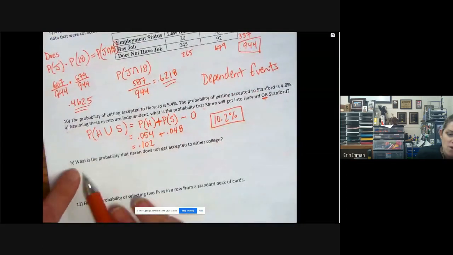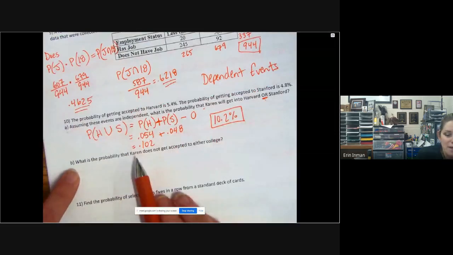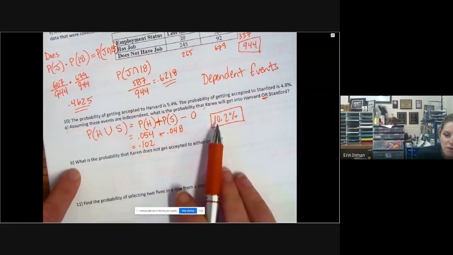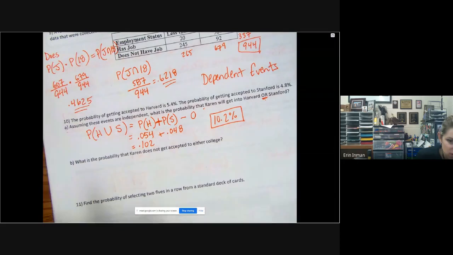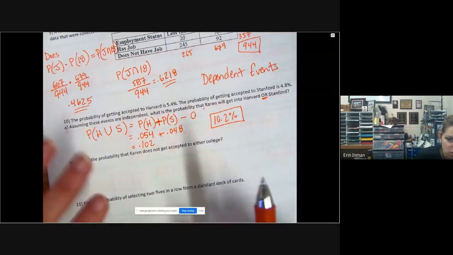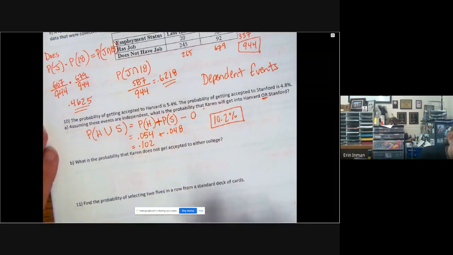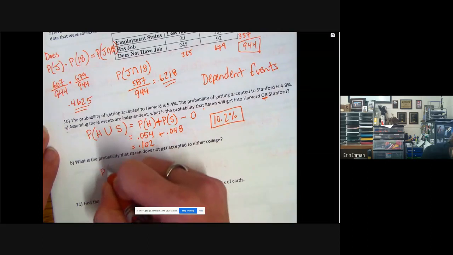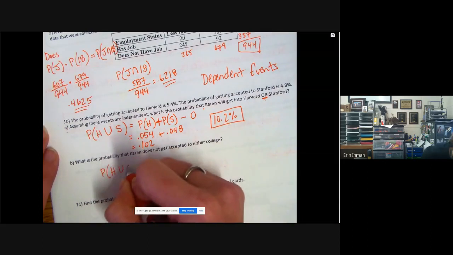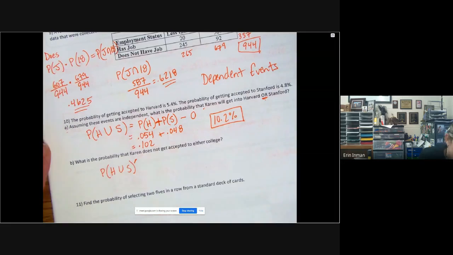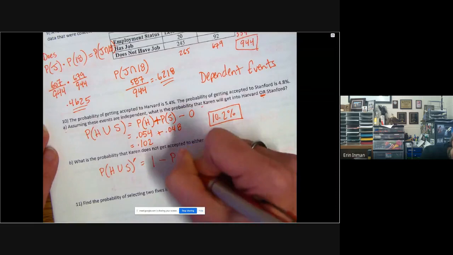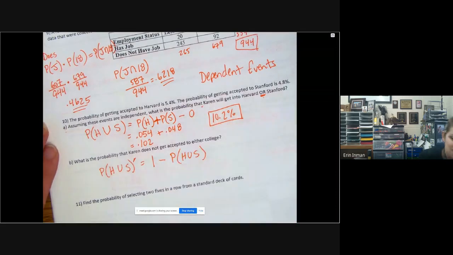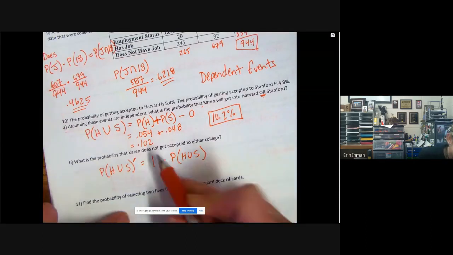Now, here's a good one. What's the probability that Karen doesn't get into either of them? So here's what the probability was that she got into one or the other, right? If she doesn't get accepted into either of them, it would be no Harvard, no Stanford. So really, it's the probability of Harvard or Stanford not happening, which is really just 1 minus the probability that it does happen. Okay, so remember how this was